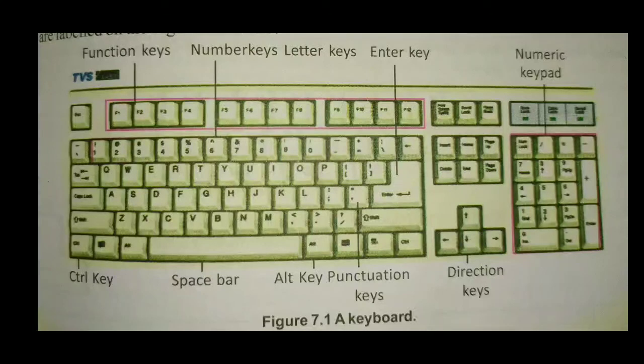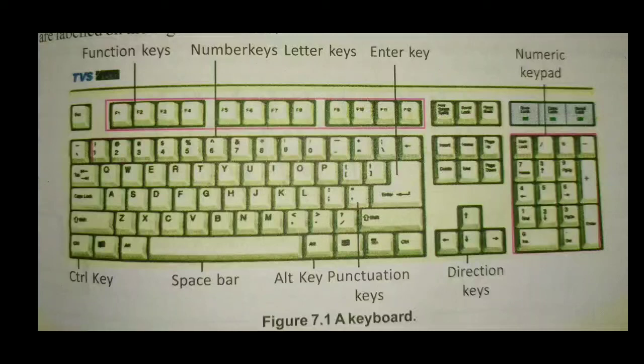So let us see what a keyboard is and how it works. One more interesting thing: first there was the keyboard, and afterwards the mouse was created. It means that before the mouse, each and every activity on a computer was done by the keyboard only. So let us see the scenario of the keyboard.